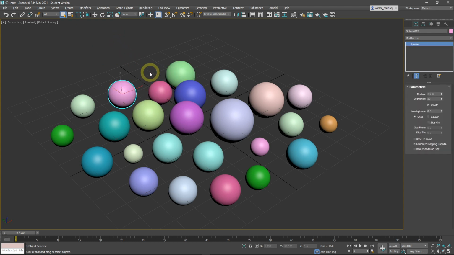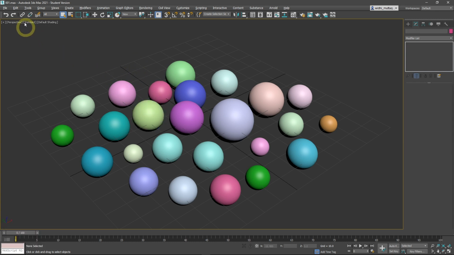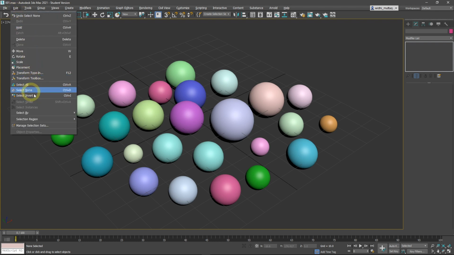To deselect all objects, you can click on an empty space in the viewport, or you can also use the keyboard shortcut Ctrl-D. If you forget the shortcut, you can always go to the Edit menu and look at this area. Notice you can find the Select None option in here with Ctrl-D as the shortcut. And from this menu, you can also see that we can select all objects in the scene by using Ctrl-A. And we can invert the selection by using Ctrl-I shortcut. All of these shortcuts will be useful for us later, especially when we are in the modeling process.